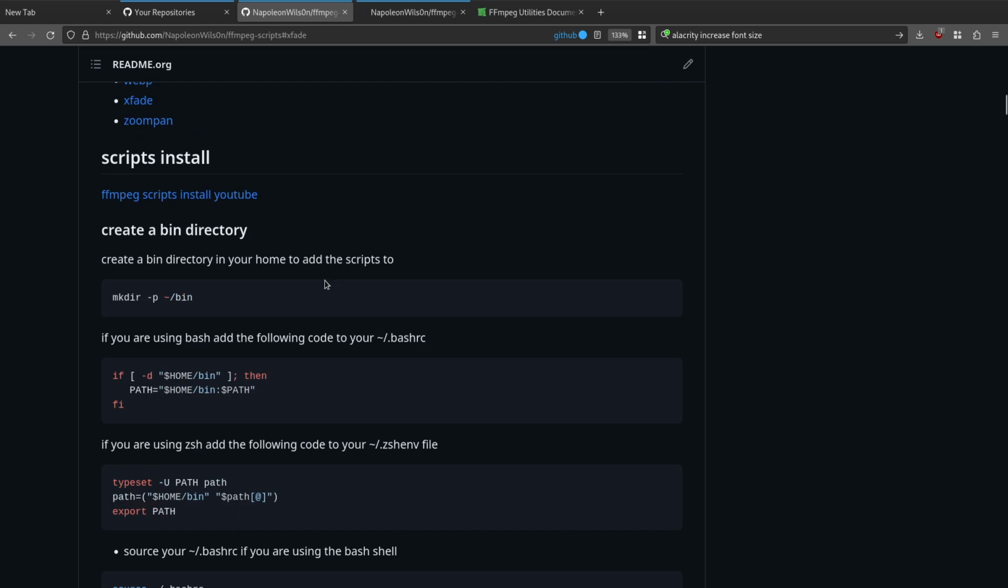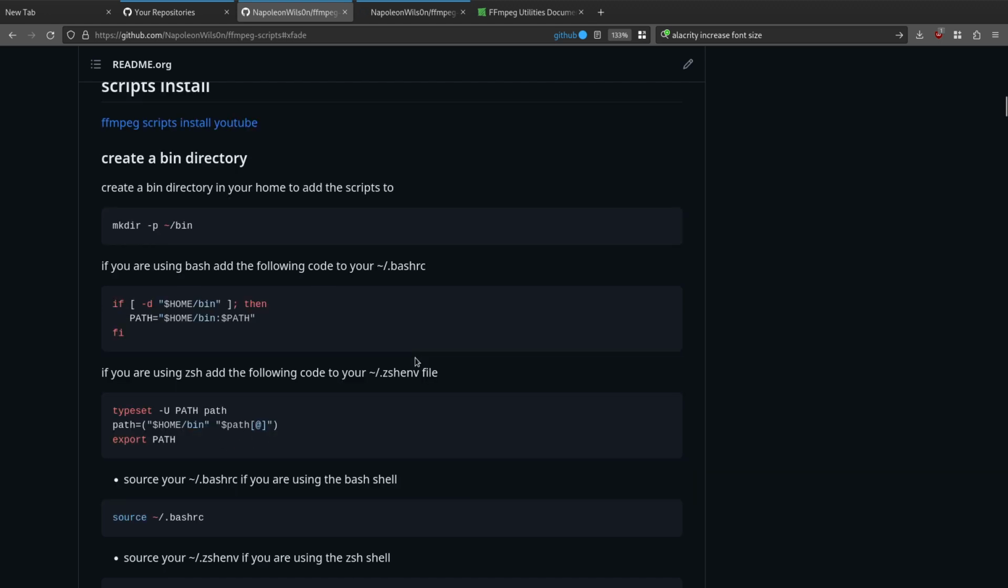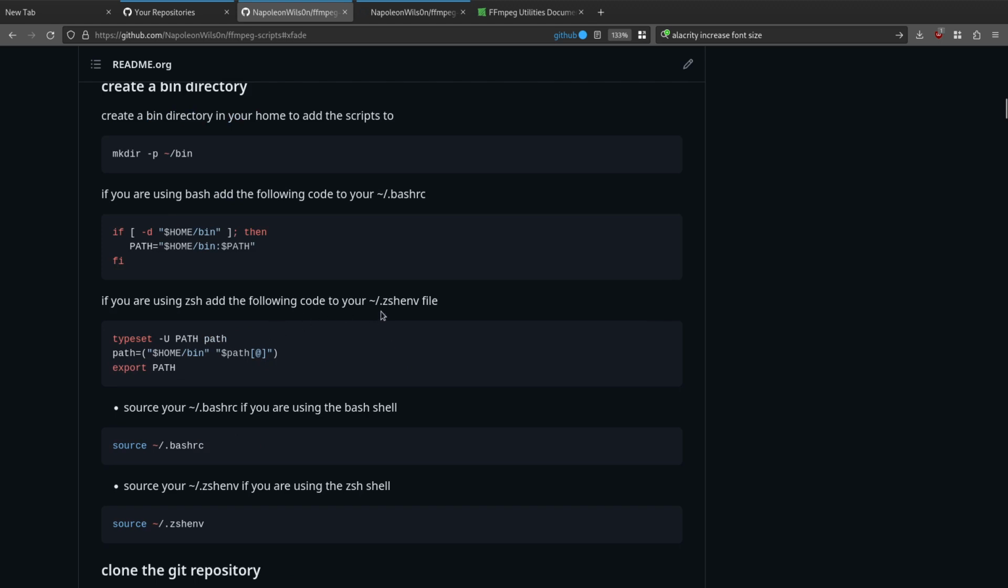Very simple. Basically, the way I do it is you create a bin directory, and I've got instructions here for whether you're using bash. If you're using bash, you would put this in your bashrc. If you're using zsh, you would add this to your zshenv file. What this does is set the path. You can see here it's setting the path equal to home bin, and adding it to your path. The -u option here makes sure that your path is unique and doesn't have any duplicate entries in it. So you create the bin directory, add this to your bashrc if you're on bash, add this to your zshenv if you're on zsh,